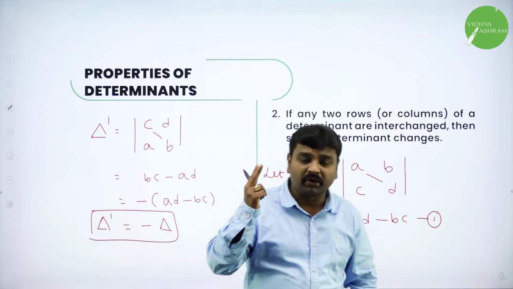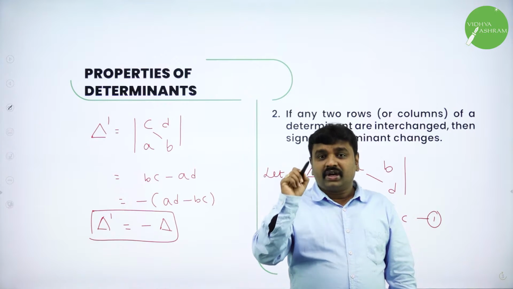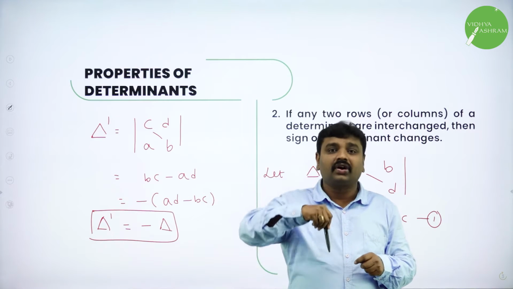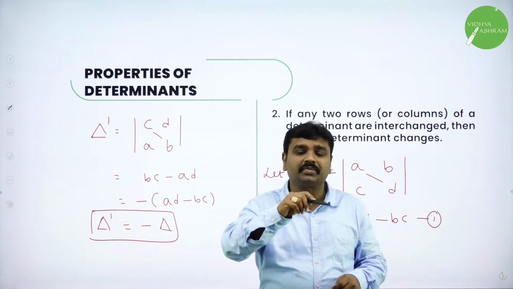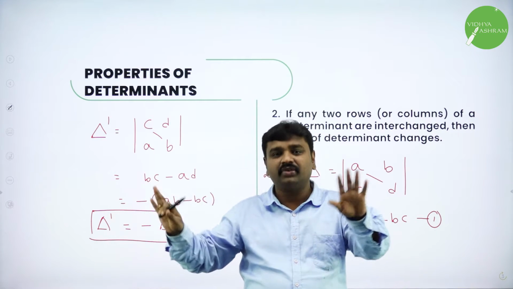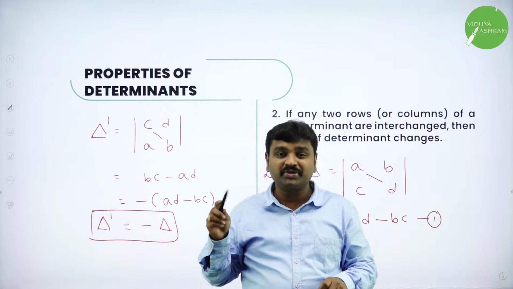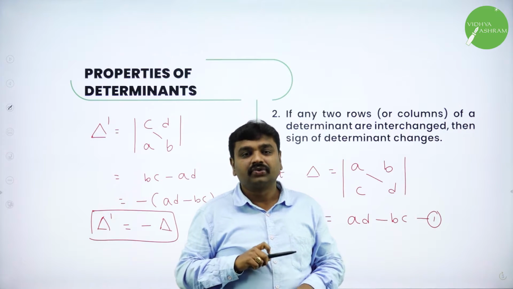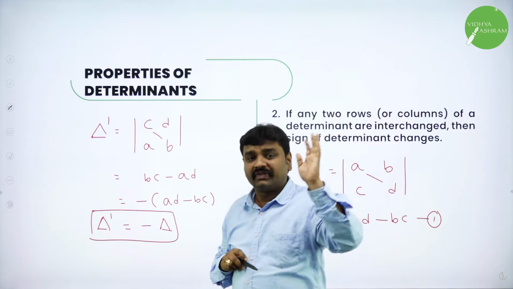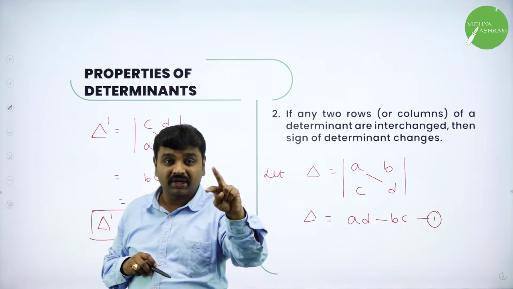So now you have learned 2 properties. What is the first property? The value of determinant does not change when you interchange rows and columns. Means if you make all the rows as all the columns and find the determinant, the determinant value remains the same. That's why I told delta A is equal to delta A dash. A dash means the transpose of the given matrix. So the determinant of a matrix is the same as the determinant of its transpose, is the first property. Or the value of determinant remains unchanged when rows and columns are interchanged.